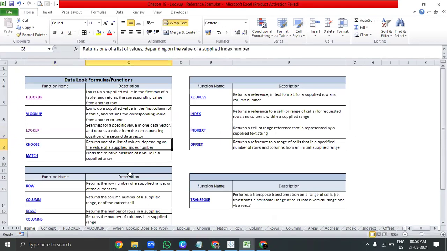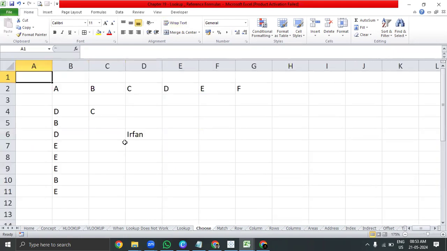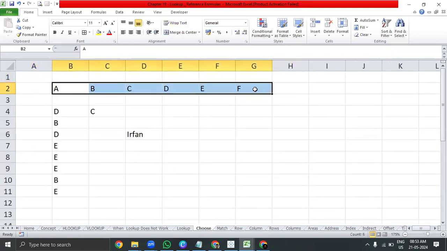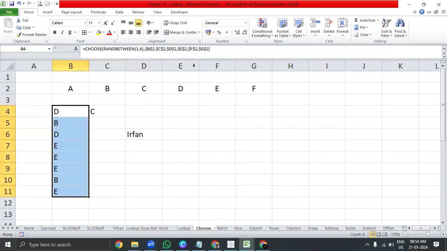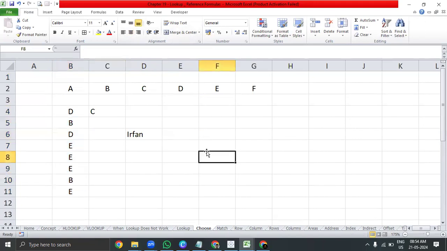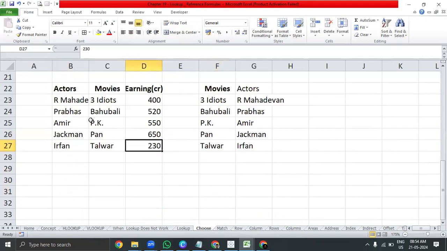See what it says. Returns one of a list of values depending upon the value of a supplied index number. Index number means, for example, the serial number, the row where it identifies. Now let's say choose. We'll click on choose. I've got A, B, C, D, E, F. So this is the list with me, right? So what I can do, I can apply this. The best example to showcase is